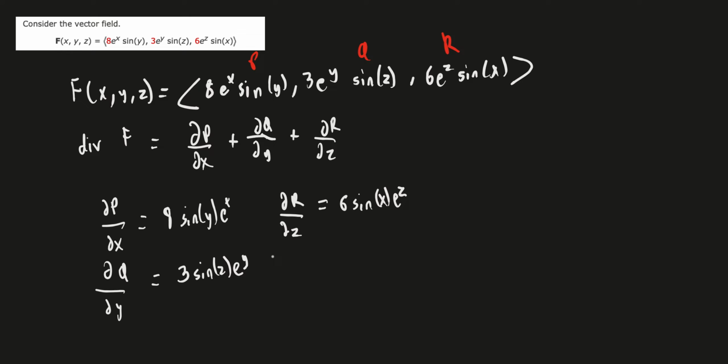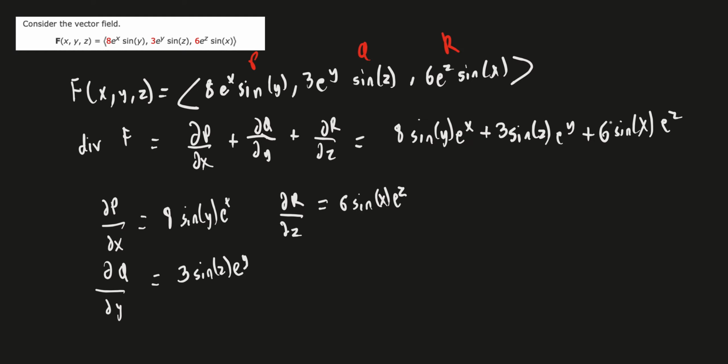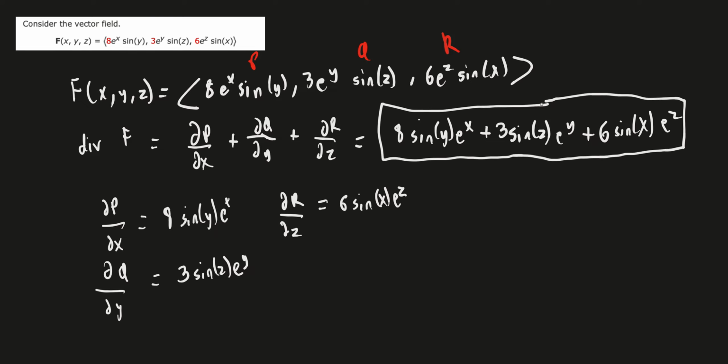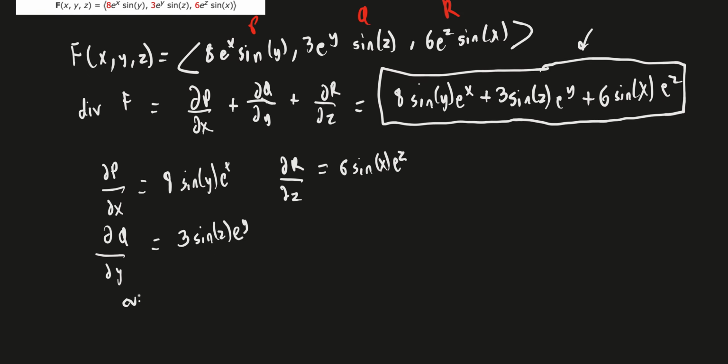Really didn't change anything because of those e's, but that ends up being 8 sin y e to the x plus 3 sin z e to the y plus 6 sin x e to the z. Didn't do much. We just put them together and that's our divergence, but sometimes it's like that. Right, curl